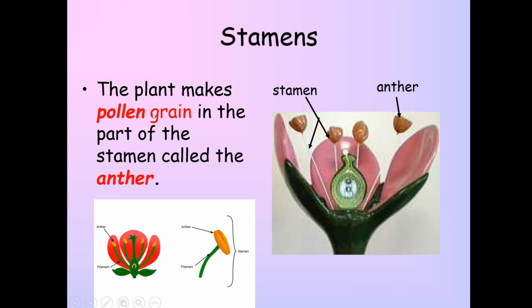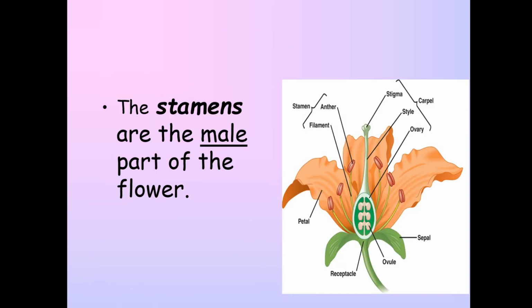And this anther, this stamen, are the male part of the plant. The stamens are the male part of the flower. This is anther and this one is filament. As you can see, this one is the anther and this is the anther. The anther has pollen grains on it, and also the filament is the stalk that holds the